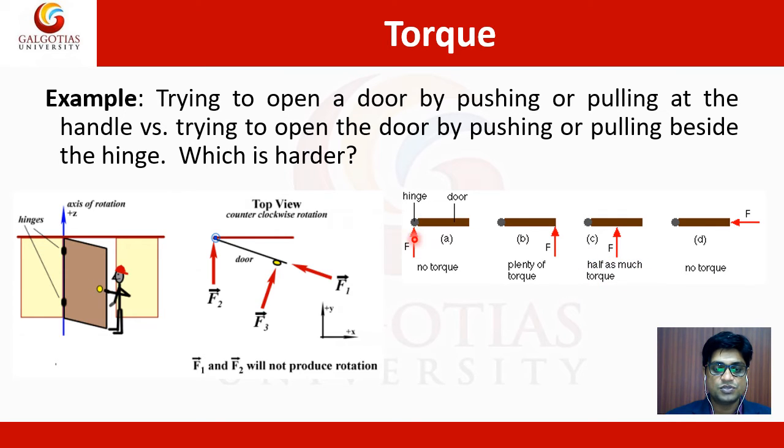If we applied the force at this edge, no torque will act. If we apply the force in this way, then also no torque will act. So for torque, you can say the distance is large, then the force required will be less. So torque is equal to r cross F. In this way, we can understand that if we apply the force at the other end, then the door can be opened as easily as possible. That's why handles are always placed here. A carpenter always places the handle here, not in the middle of the door.